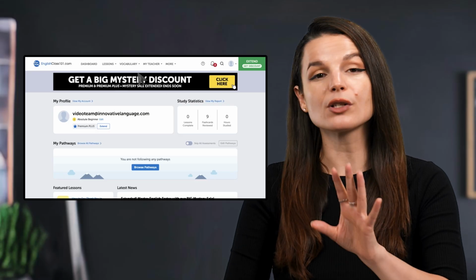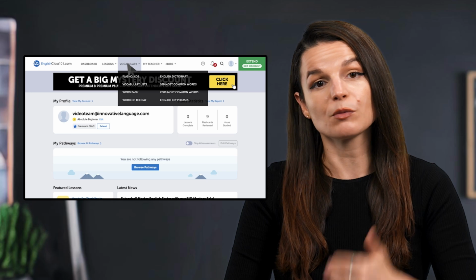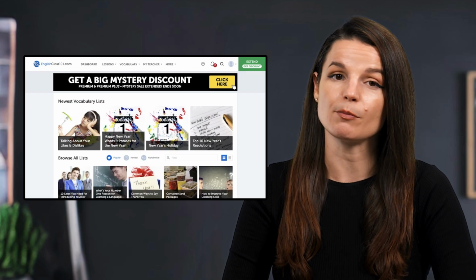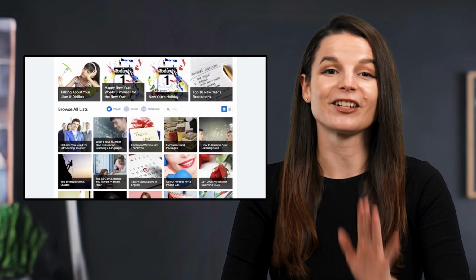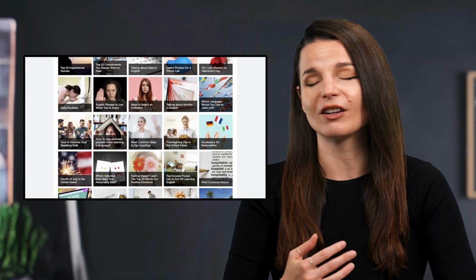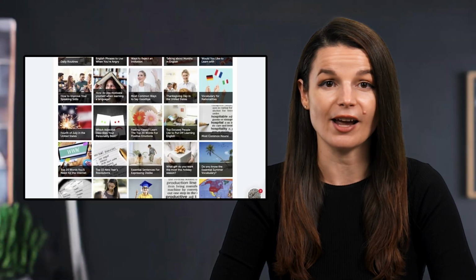By the way, you can also save words from our free vocabulary lists, which you'll find in the vocabulary drop-down menu. There are hundreds of word and phrase lists sorted by topics like weather, hobbies, or chatting about your day. When you find words or phrases you like, hit Add All to Word Bank, and boom, your vocab collection grows. So this is your first step. Once you've added enough words and phrases and want to make some worksheets, move on to this next step.